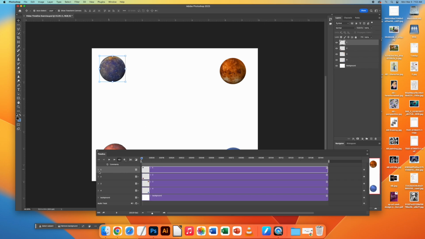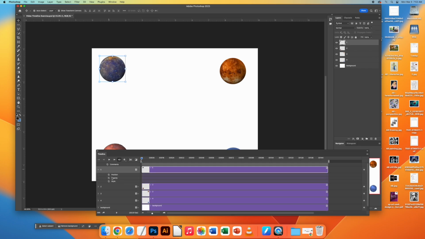What we're going to do is talk about moving a subject. So if I hit the drop-down menu on the first layer, you'll see that there's an option called Position. There's a little stopwatch icon. And when I click on that, a little diamond appears. That's the first position. If I want to go all the way down to the end of the video,